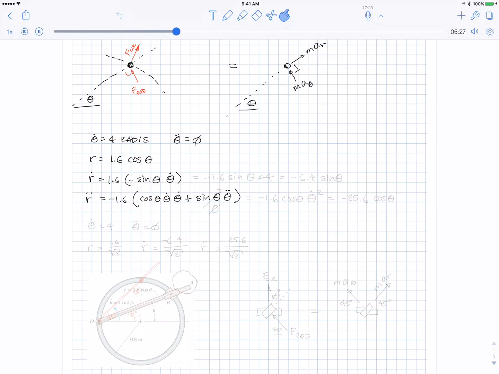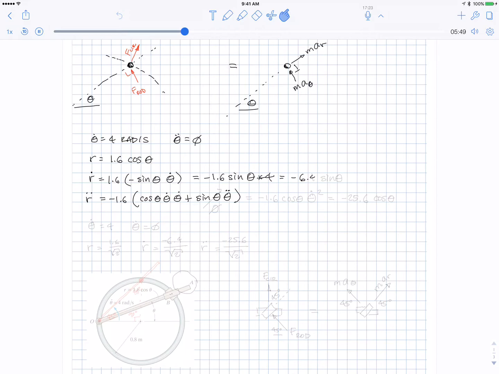Okay, so I'm actually going to just put in theta dot and theta double dot. So that's minus 1.6 sine theta times 4,